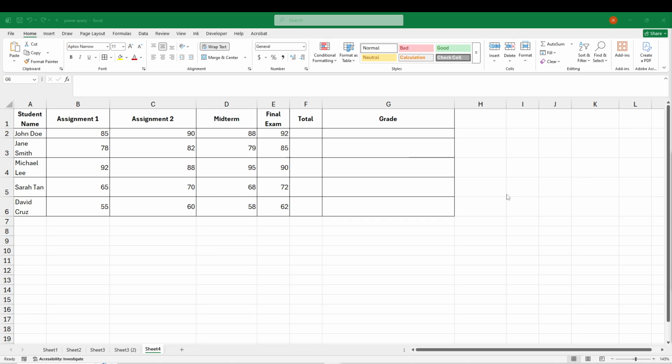In today's video, I'm going to teach you how to grade students using Microsoft Excel. Excel is an excellent tool for teachers and educators because it allows you to organize scores, calculate totals, and automatically determine grades all in one place. By the end of this video, you will know how to set up a grading system that is both efficient